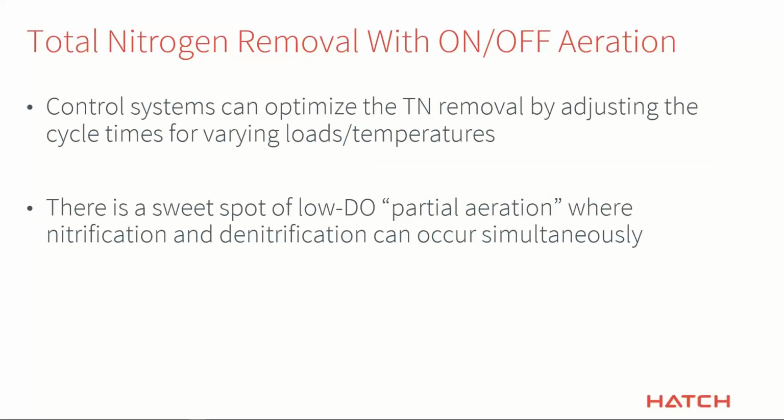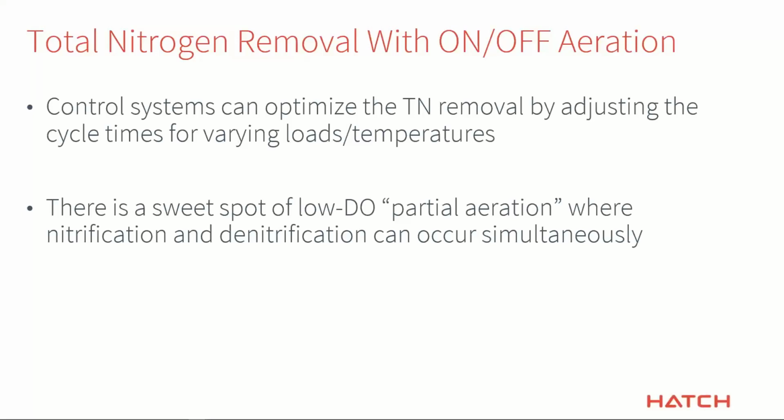So you can actually have control systems that can optimize total nitrogen removal by adjusting the cycle times. And we're going to use our model right now to analyze that and find that there's a sweet spot of low, but not zero, dissolved oxygen. That is that partially aerated spot where the nitrification and the denitrification